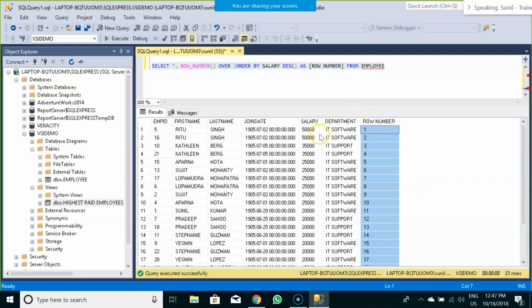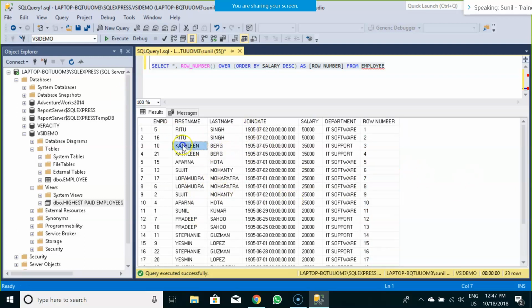So let's say the situation given by the stakeholder is: go and pull up a report on the department for the employees, and the salary should be in descending order. Now you go to that system and pull up this report.